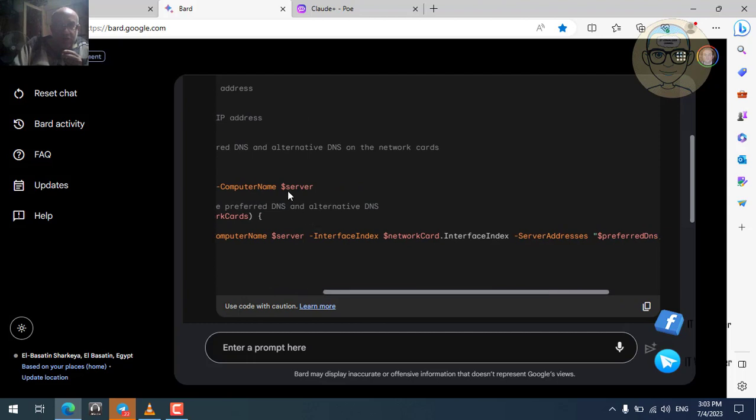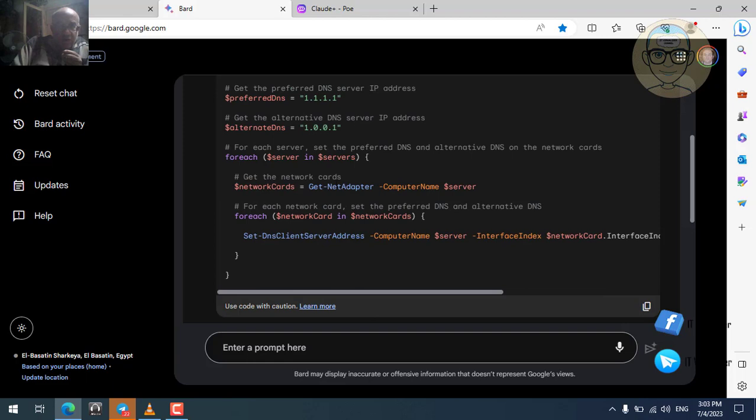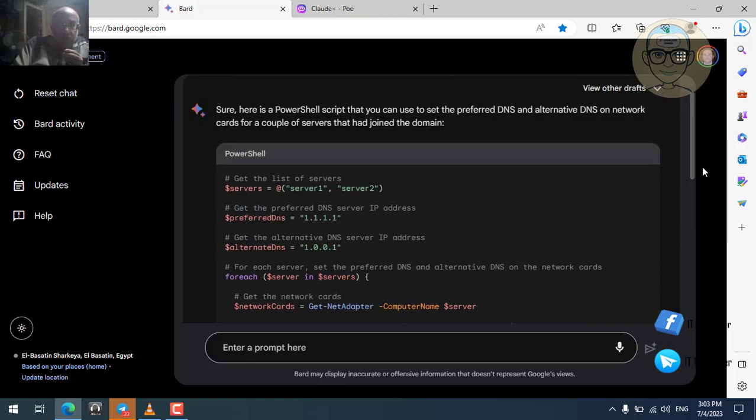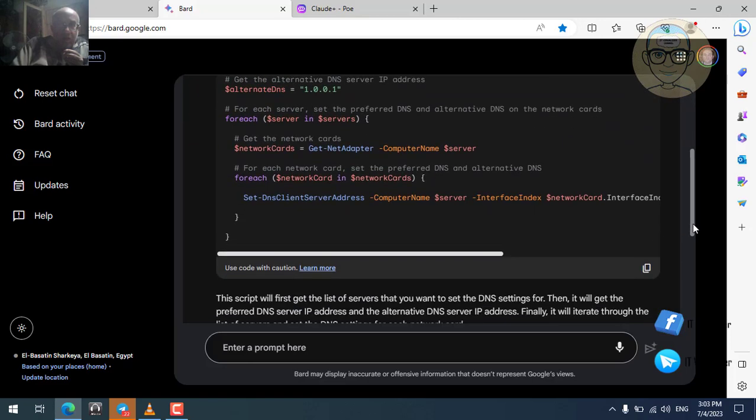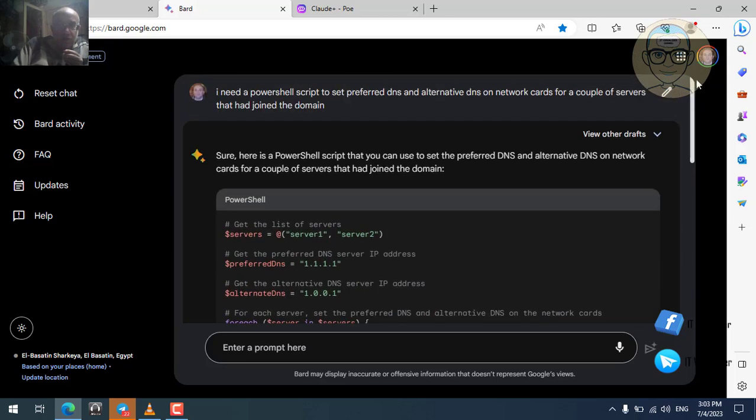without giving the network card name. Because this get adapter, if there is more than one network card, this will be a problem. So I think this maybe needs to be modified a little bit, but anyway, this is a script that we can use. And if we go and copy this one, so if we can copy this,